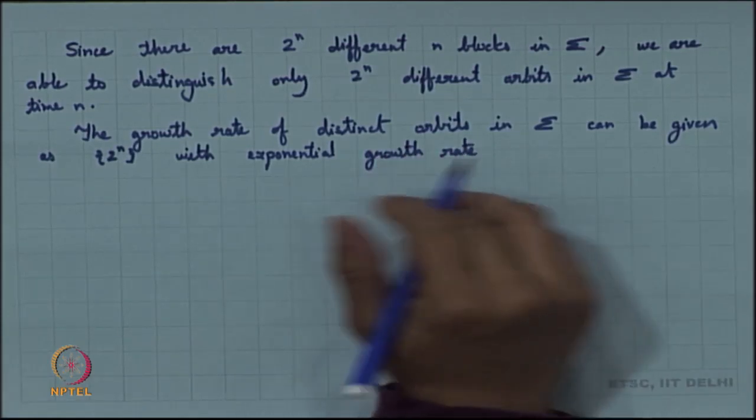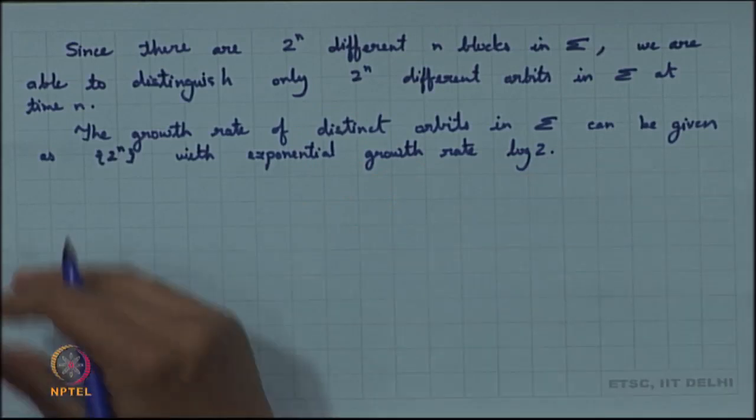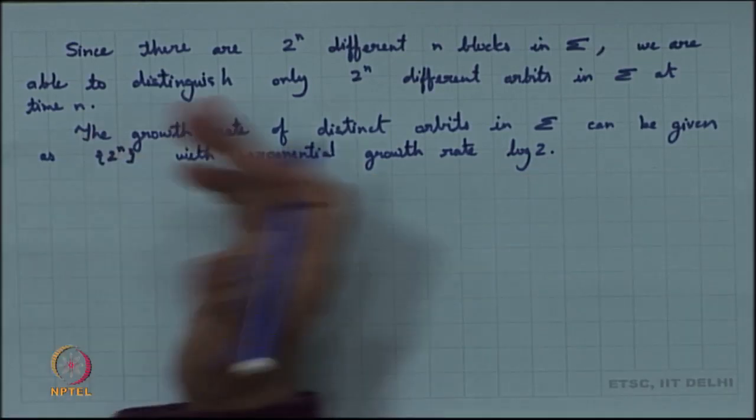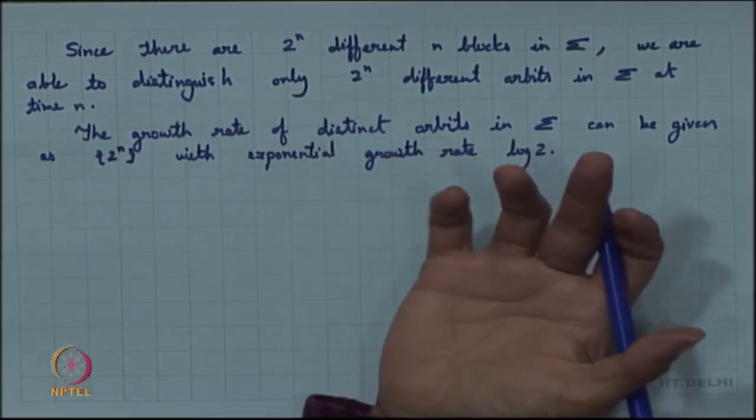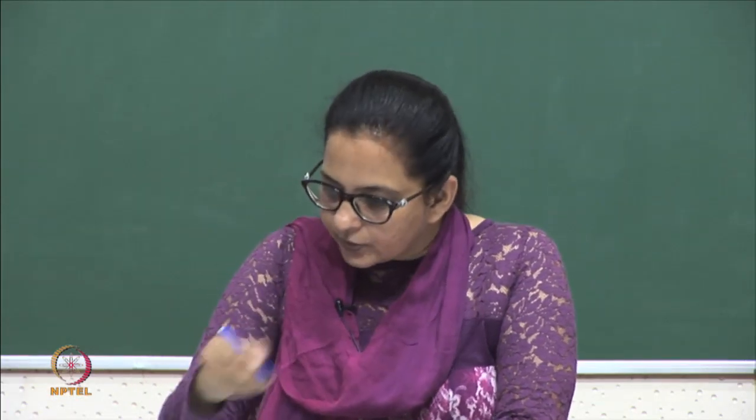What would be the exponential growth rate here? Log 2. So, we can say that for the full 2 shift, the topological entropy is log 2. As we said, we roughly say that the growth rate of these orbits is giving us the topological entropy. So, we can say that the topological entropy of the full 2 shift is log 2. So, let us note it down also. So, the topological entropy